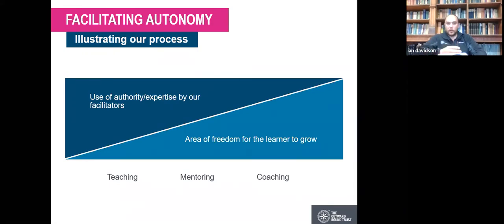And through the course of a program here, we start to hand over in a very deliberate way some freedom, some autonomy for the learners. So transitioning from more of a teaching directive approach towards a coaching non-directive approach, where folks are supported with the right kind of details, but ultimately they've got some areas of freedom to learn and to grow.